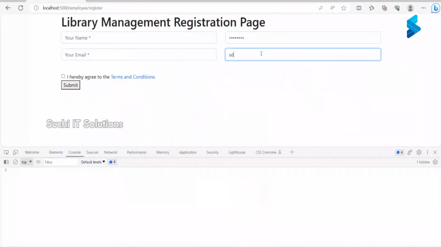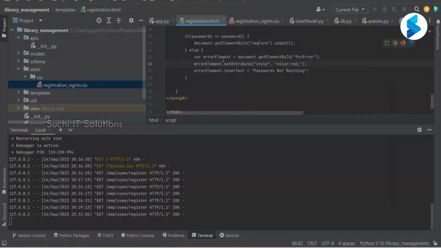Right. Submit. Now we are getting the red color. Okay. So if it is the same, now that I have added this, what I'm going to do is